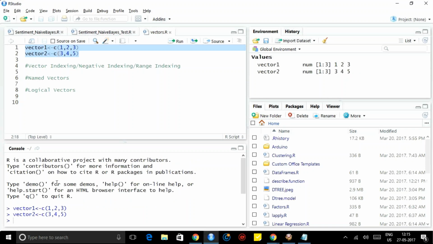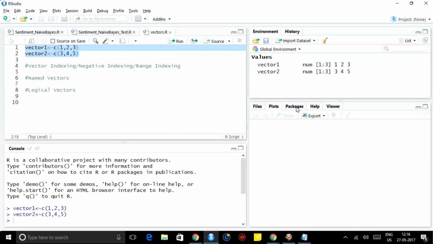Okay, this is the one on the right side. The topmost pane is the environment. Whatever we declare, whatever we instantiate, everything will be displayed there. If you have used Java or C++, we need to run a separate debug module if you want to see what is happening during the program flow. But those things you can directly see here. And this is the files pane: what all the files are available, our current project location, those things you can see here. Also, if you plot something, those will be displayed here.